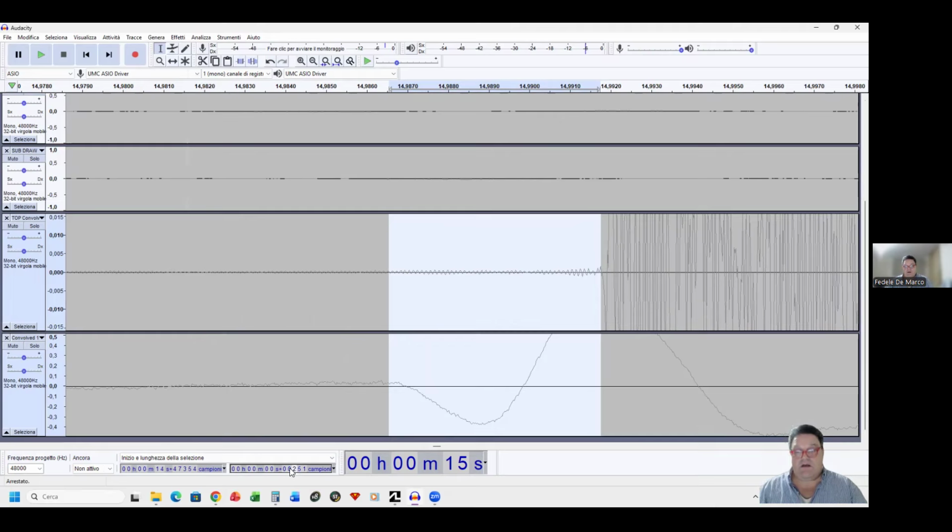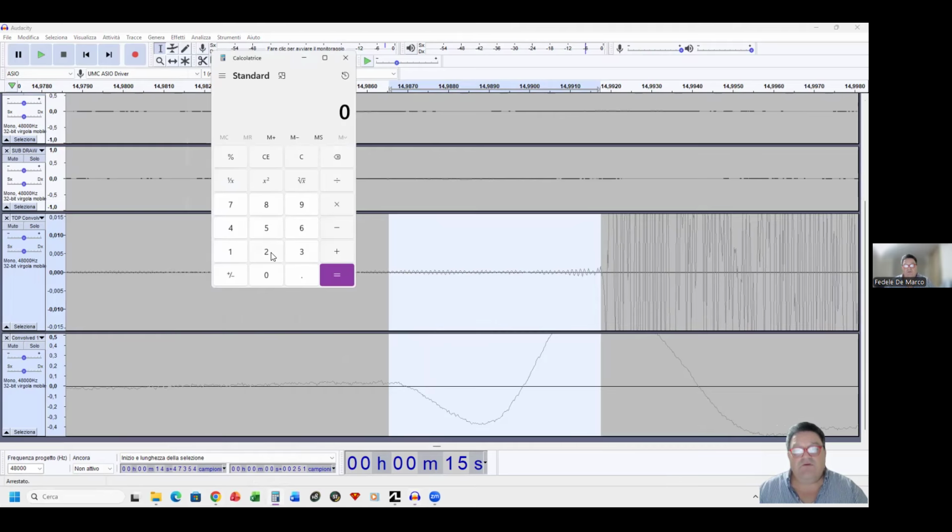So I can be more precise on the calculation of the signal delays I need, because here we have 250 samples at